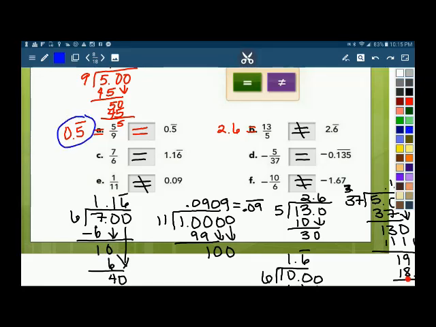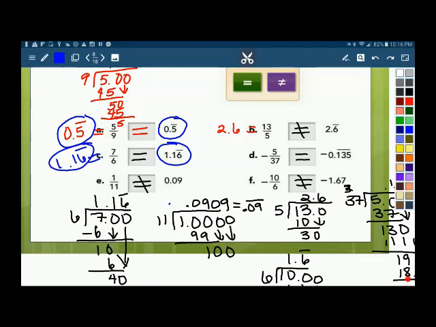So 0.5 repeating is equal to 0.5 repeating, excuse me. But then for 7/6, that was equal to 1.16 with the 6 repeating, which is exactly the same as what is written on the other side, so it's equal. If we look at the next one, I did 1 divided by 11 over here, which I have the 0.9